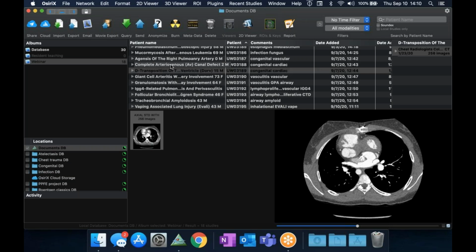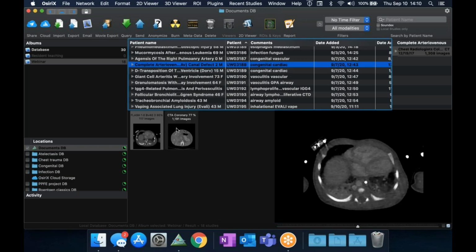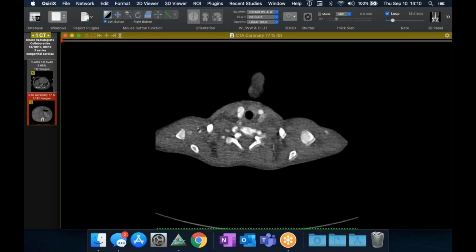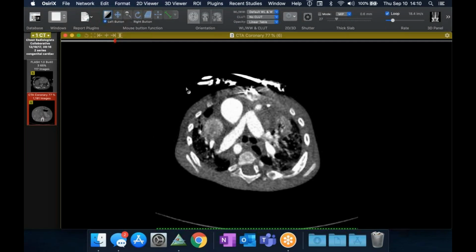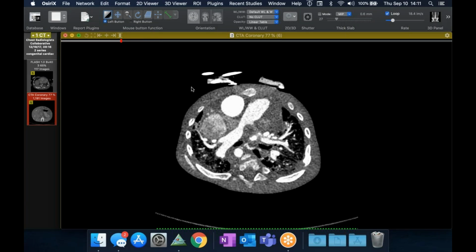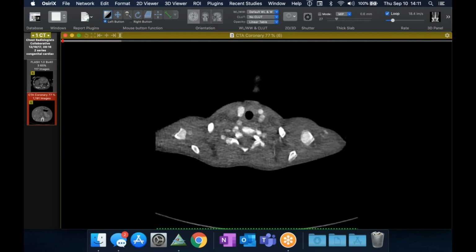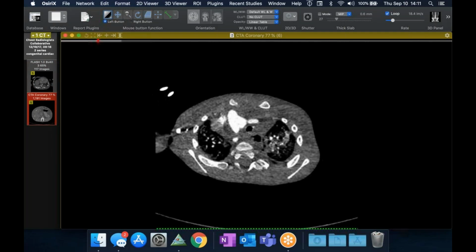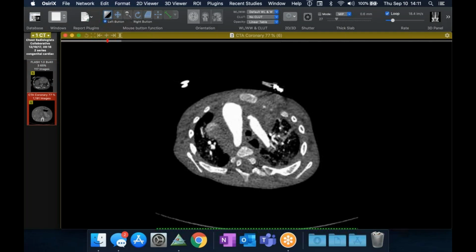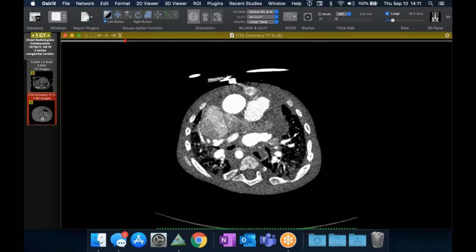Let's see what else. Here's another congenital heart disease. This was a 2-year-old who has a, what did he call this? Yeah, a complete AV canal defect. So sometimes those are associated with a trisomy. So in this case, we see the